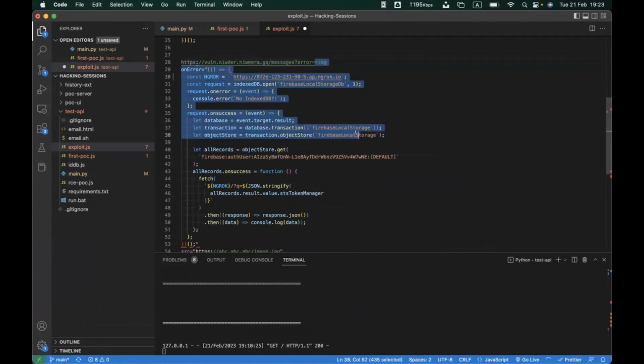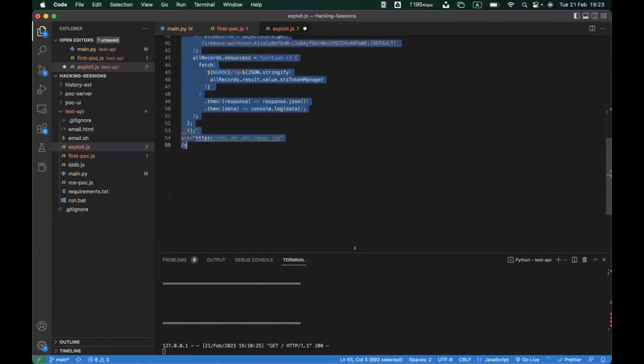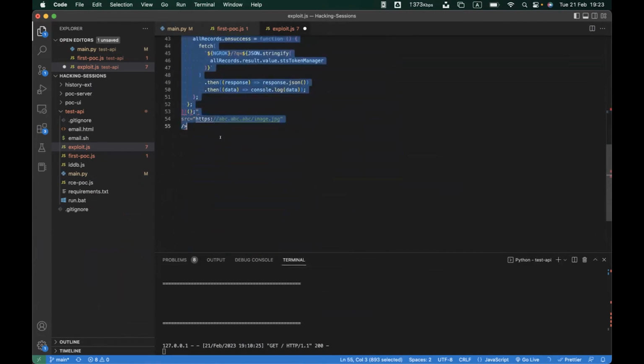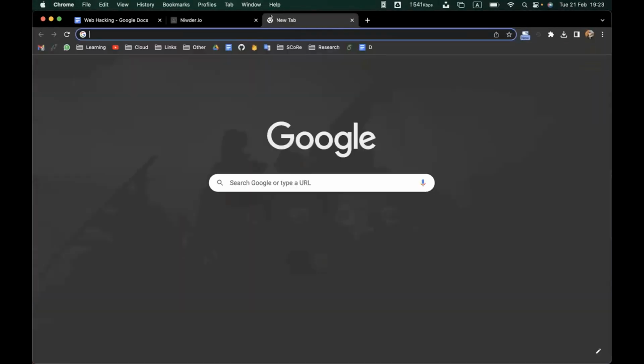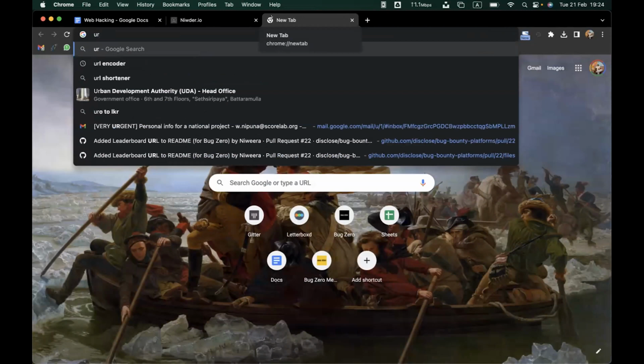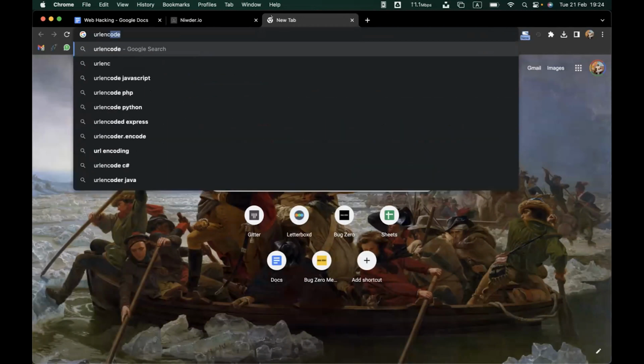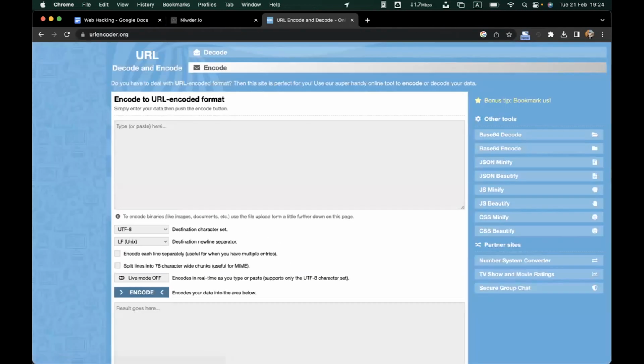access tokens to, and then we need to do this simple thing, because we need to encode this URL, because HTML doesn't like these things.